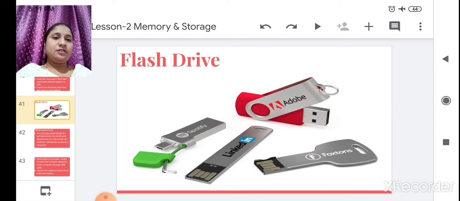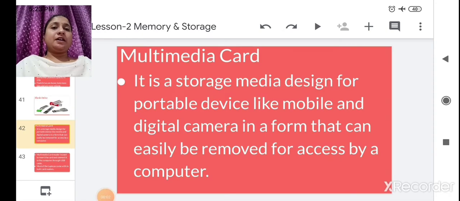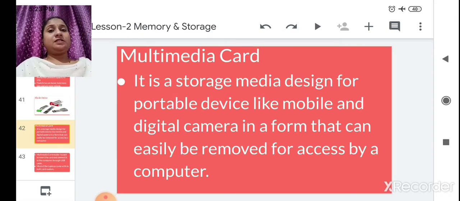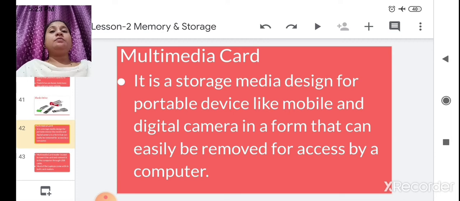All of you are familiar with this flash drive. Multimedia card. Now in your mobile, to extend your mobile storage capacity, a multimedia card is used to store movies, videos, games, and songs. For all this purpose, this multimedia card is used.